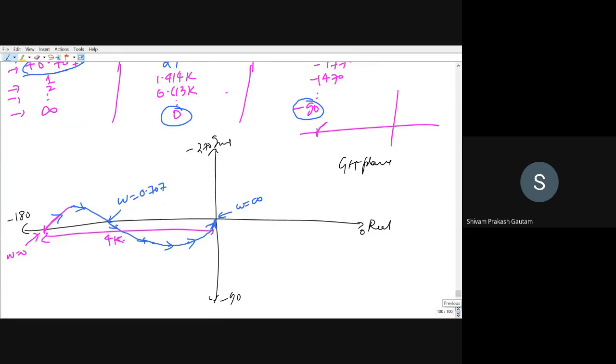Is it okay? Hello, sir. Yes, please ask. Sir, in this technique, can you determine which wave is sinusoidal or not, which type of waveform it is? No, this is not sinusoidal, right? I have just drawn very roughly. You do not worry about the waveform. This is a plot, right? This is not a waveform.